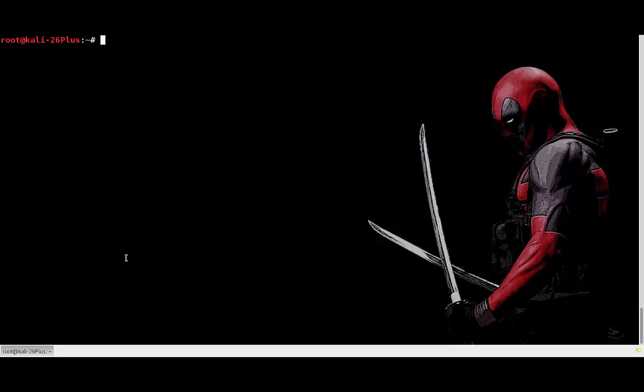So on both machines, I need to make a couple changes to some files. So there is a file called SSH config I need to modify. So I'm going to do an ls. You see I'm in the root folder. I'm going to go to cd